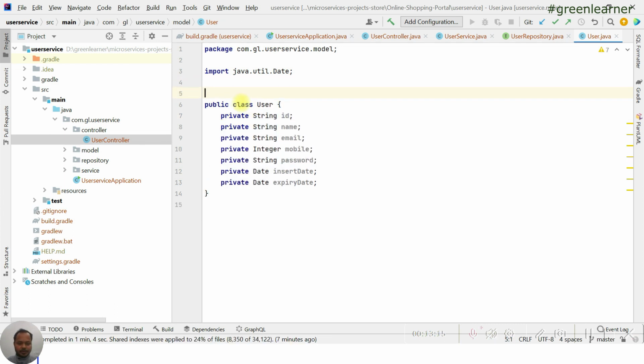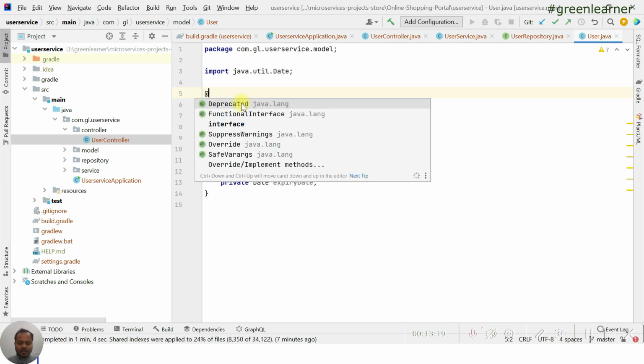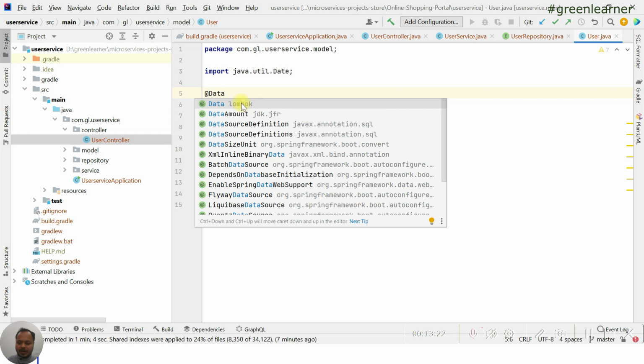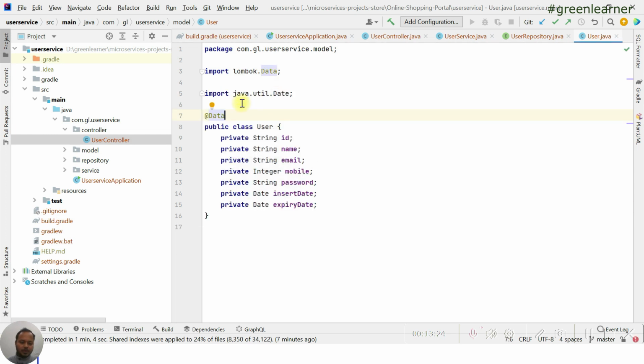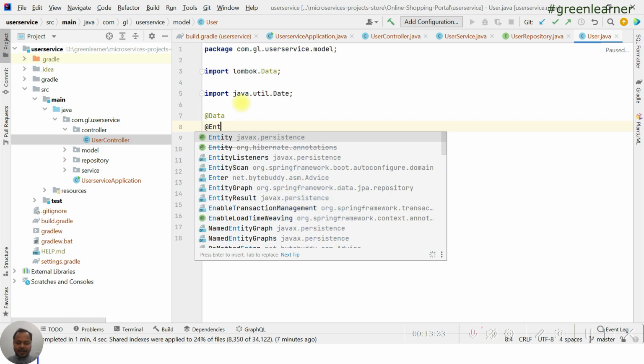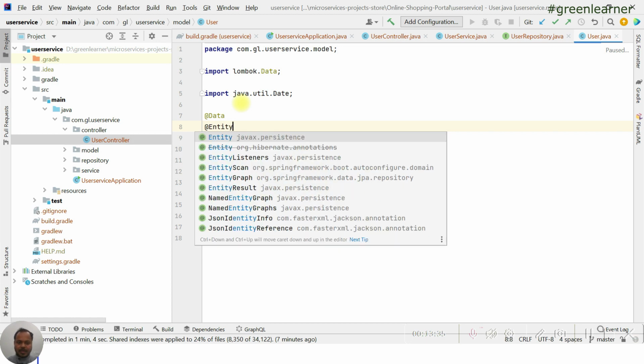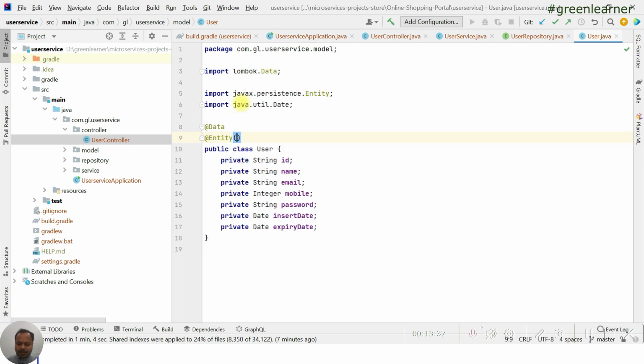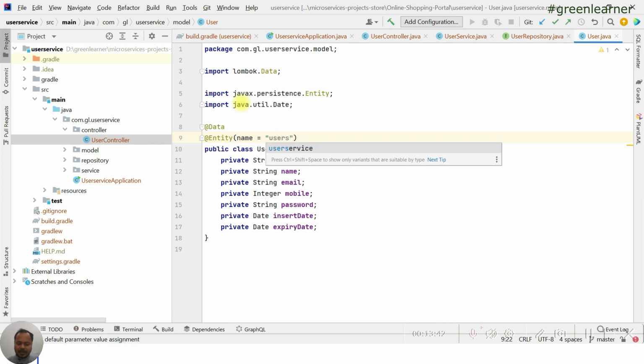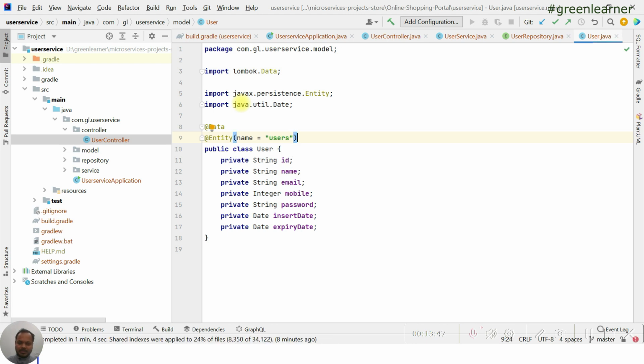We need the getter, setter, and two other methods with this one. So with Lombok we have the @Data annotation, it is going to take care of all the things. It is going to create all those constructors and stuff for us. The next annotation that we need is Entity. This entity is going to have the user's name here, similar to the name of the table that we are going to have in the system.